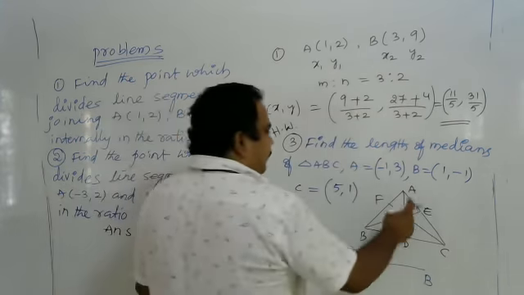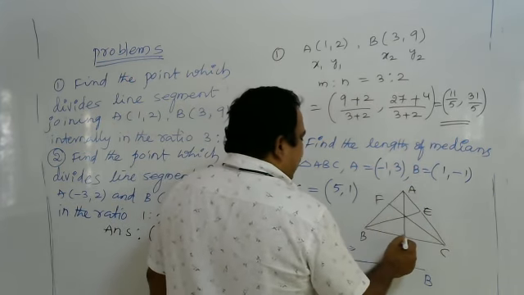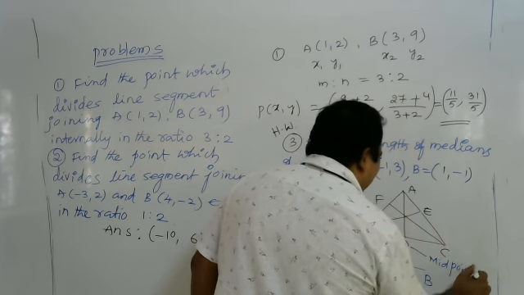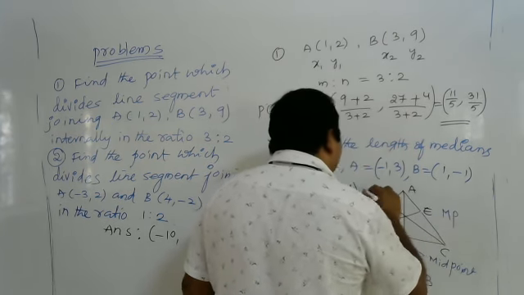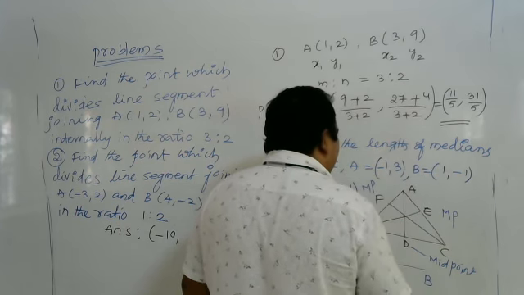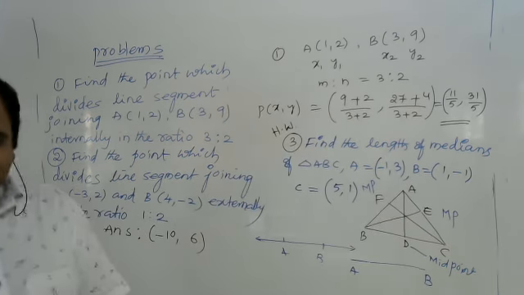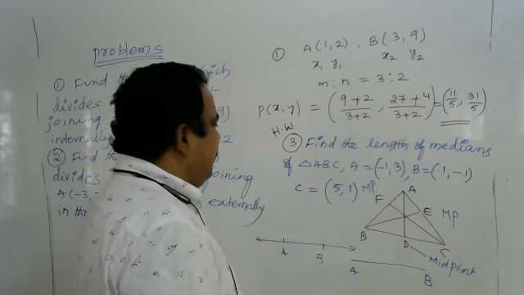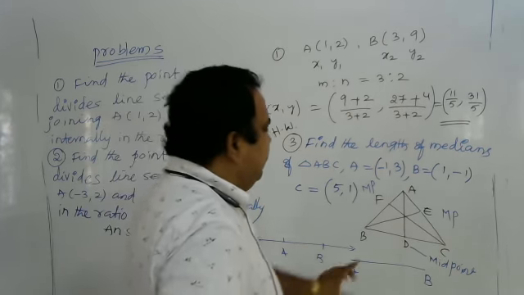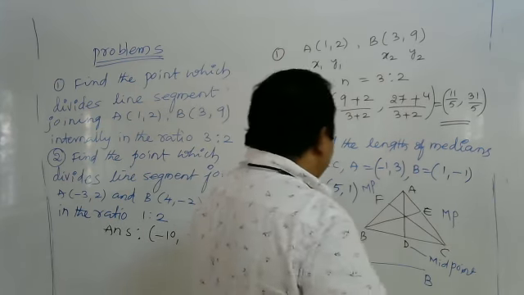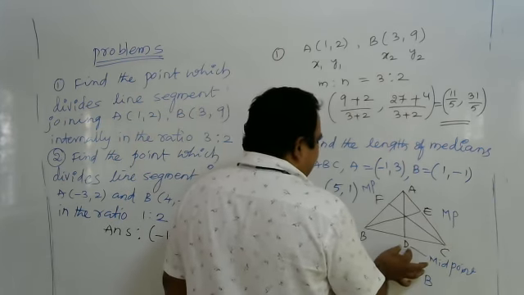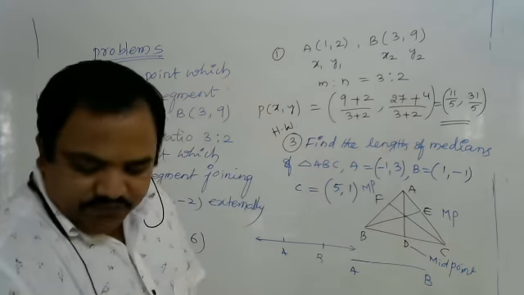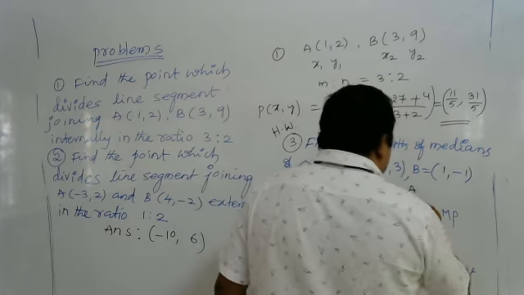So the line segment passes through one vertex and this D should be the midpoint. This is also a midpoint. MP is not the member of parliament, this is the midpoint. So the line segment joining a vertex and the midpoint of the opposite side. So just find out the midpoint of BC, we'll get the point D. Then the distance between these two is nothing but the median.